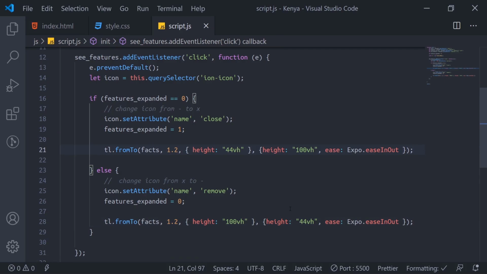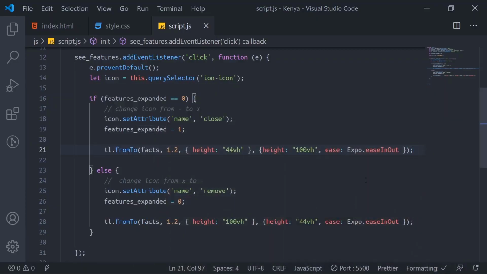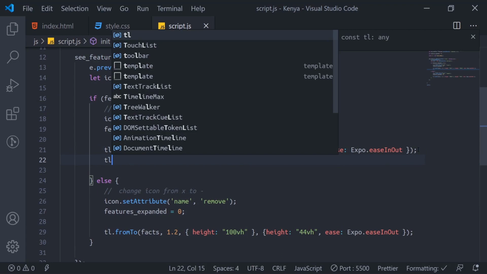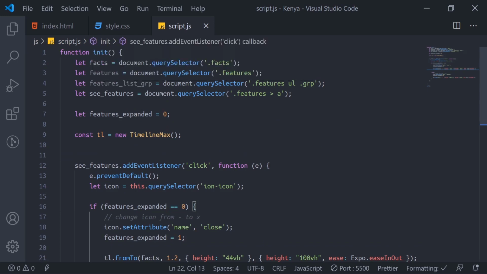The next one we'll do is, as that thing rises up like that, all these items need to fade in. So what we'll do, we'll come here again and target. In fact, I might just duplicate this. We'll target this features list group.